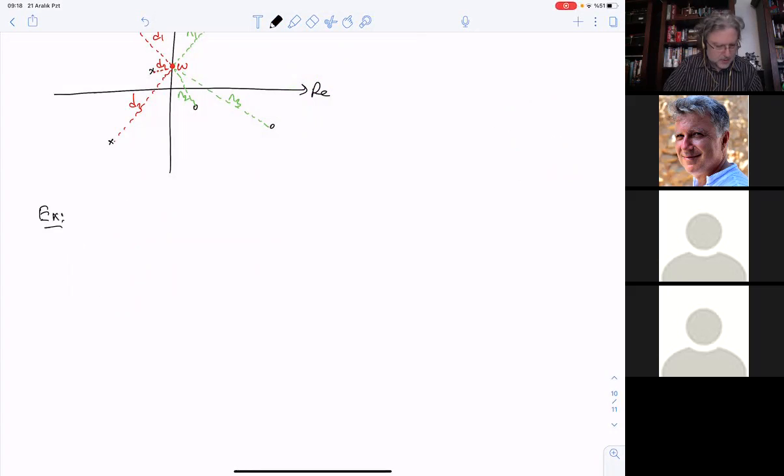And the example is as follows. Suppose that you are given h of t, it's not f, I'm sorry, it's just an ink spill, it's h of t, equal to 1 over tau, where tau is the decaying constant of the RC circuit. So I'm trying to give you the impulse response of an RC circuit: e to the minus t over tau u of t. This is the impulse response, it's given to you, but it's a deliberate impulse response because from this you will be asked at part A of this question, you will find